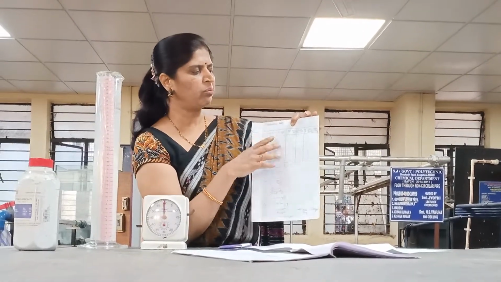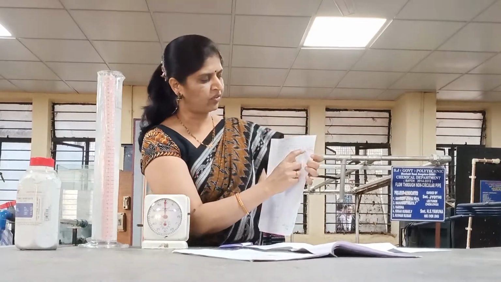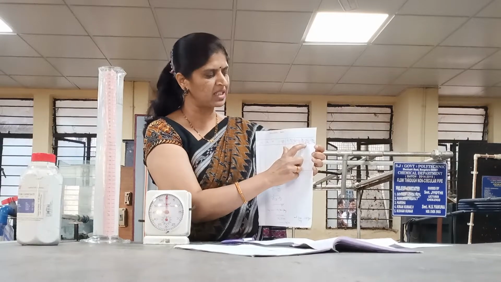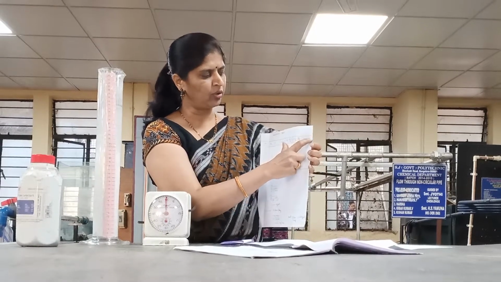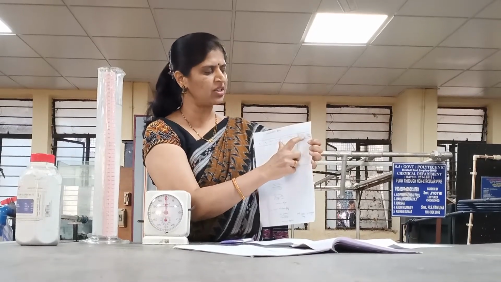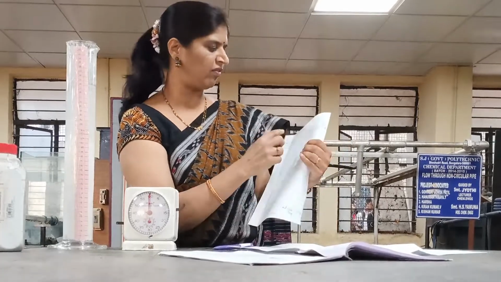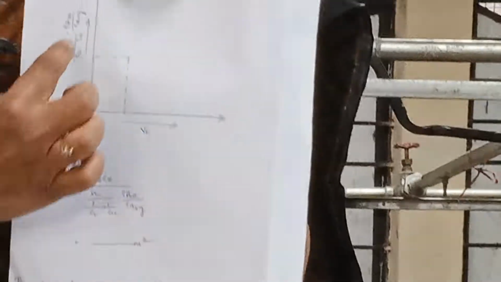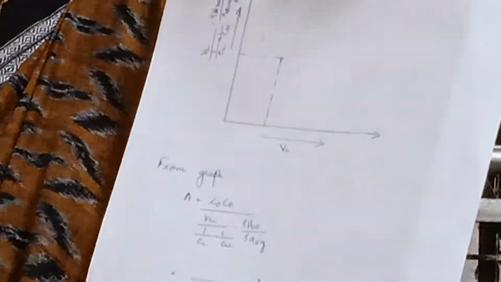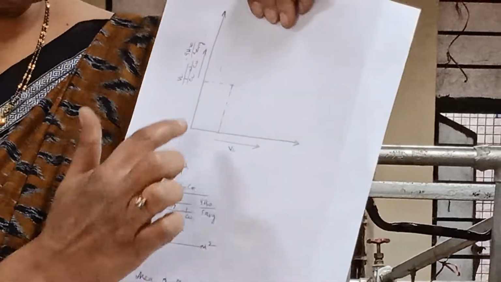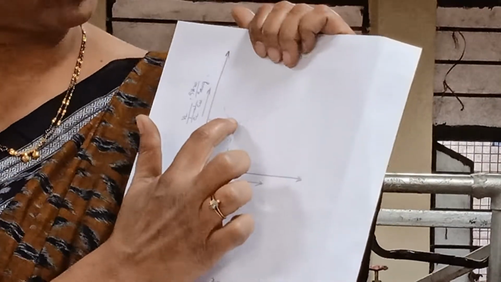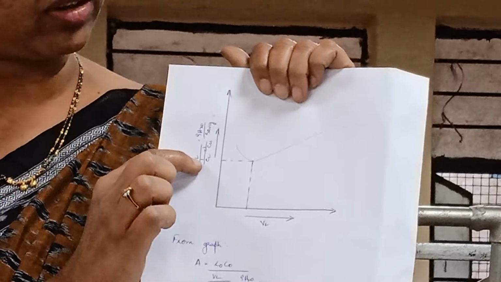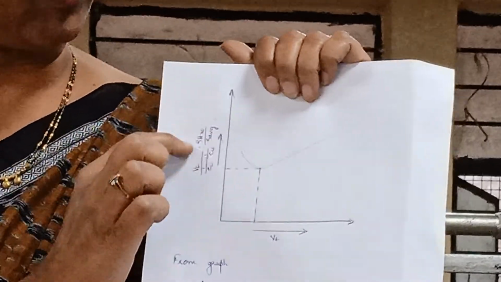So then you have to plot one more graph of whatever Q by A which we have calculated using the formula VL divided by 1 by CL minus 1 by CU into rho of water divided by rho of average, versus the VL value which you have calculated. So this is the graph, the nature of the graph you will get like this. So from the graph, wherever this point means the corresponding horizontal line will give you the value of Q by A.